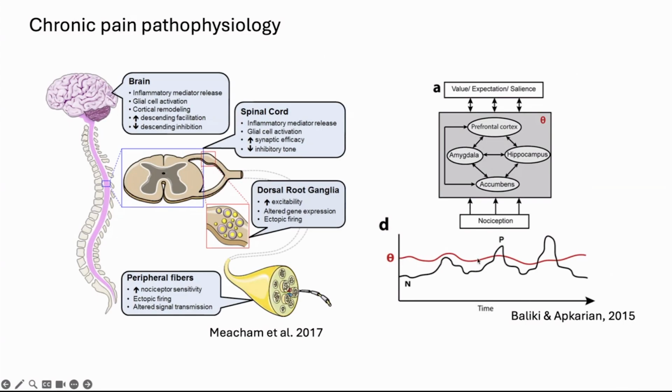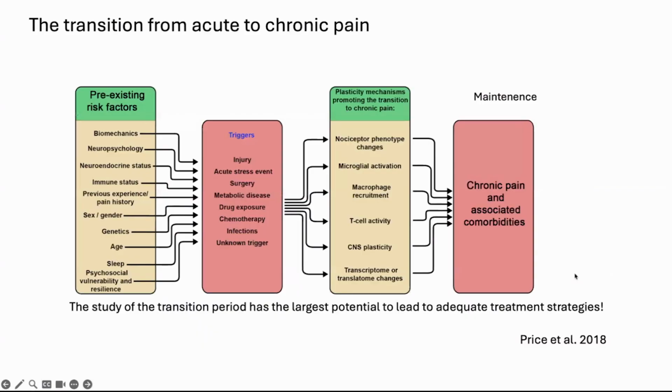So we are going to discuss this model also in a couple of slides, but for now I want to switch focus to another concept, which is actually the last point that I'm going to make in this short introduction before we get to the science. So as I mentioned before, acute pain is kind of advantageous for us because it allows us to tune our behavior based on the biological and the environment imperatives.